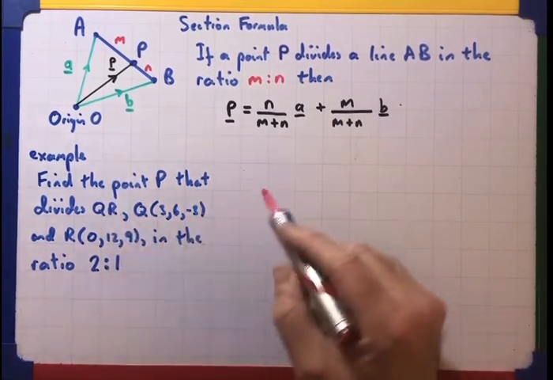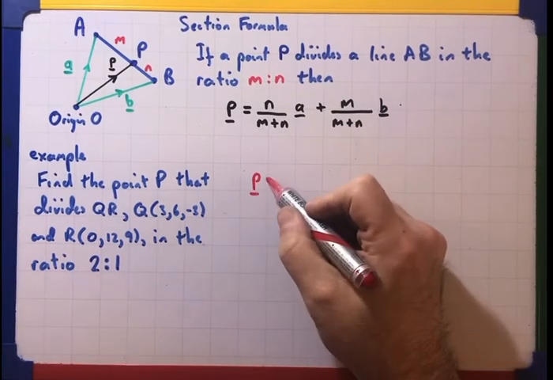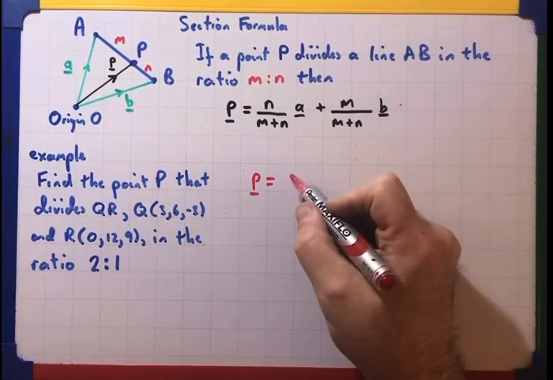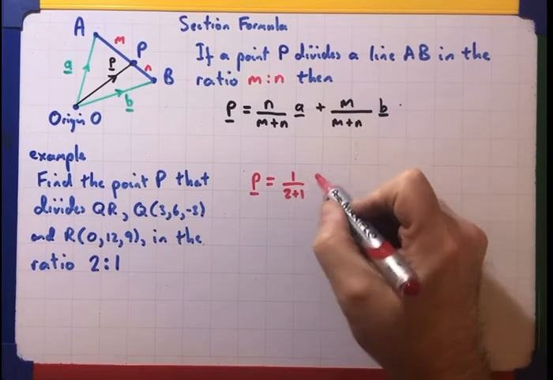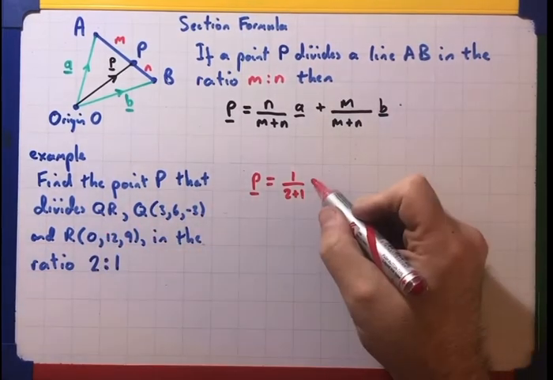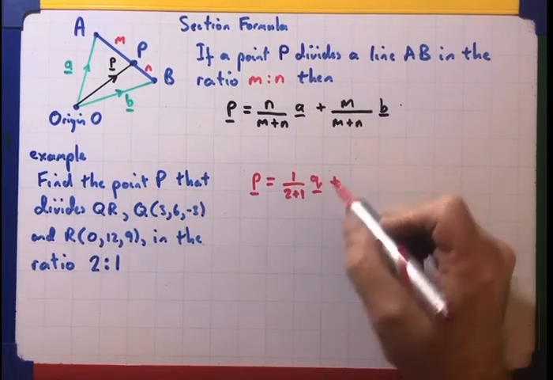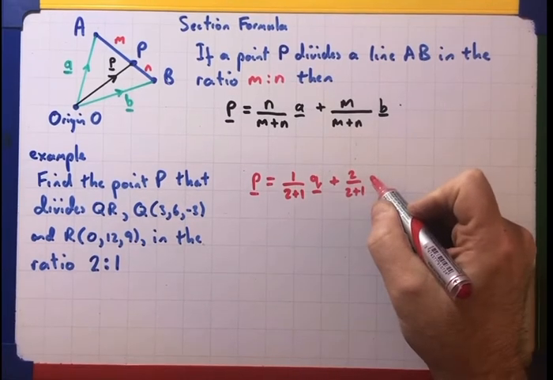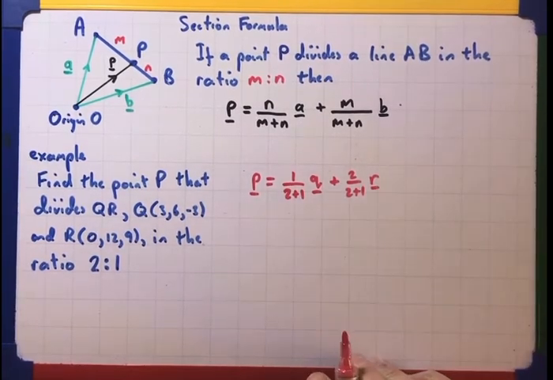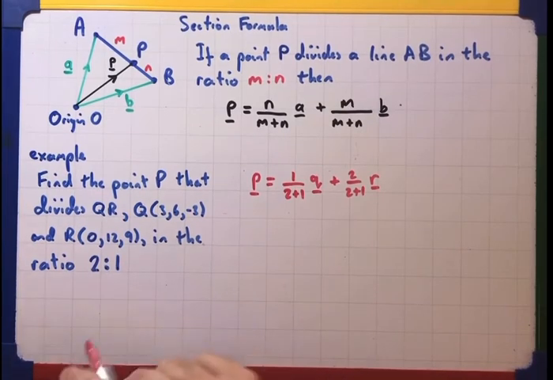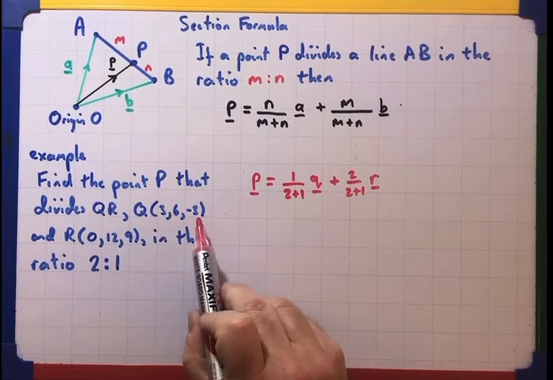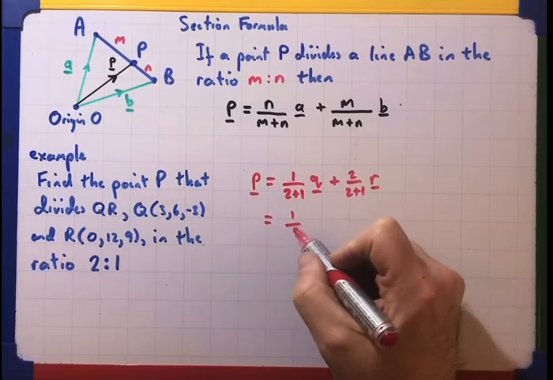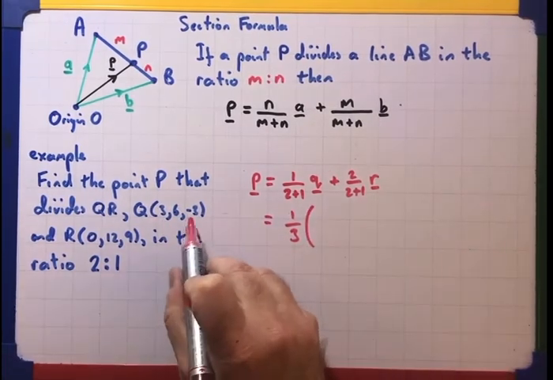Okay, we're going to use this just now then. Right, so if I'm doing this, the position vector of P will be, now we're breaking it in the ratio 2 to 1, so it's going to be 1 over 2 plus 1 of Q, so it's Q, plus, because remember it's the other way around, 2 over 2 plus 1 R, position vector of R. Well, remember our position vectors are just effectively that written in component form because it's from the origin. So that would be 1/3 of 3, 6, minus 3,